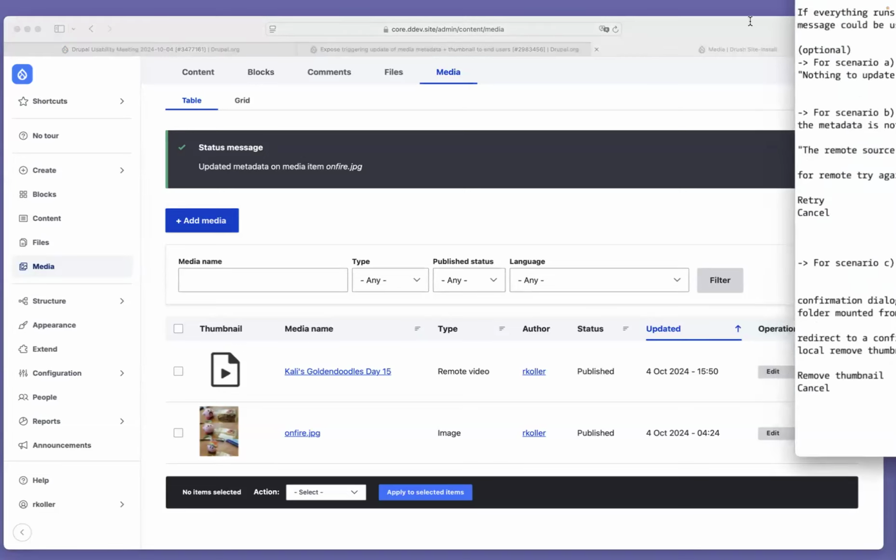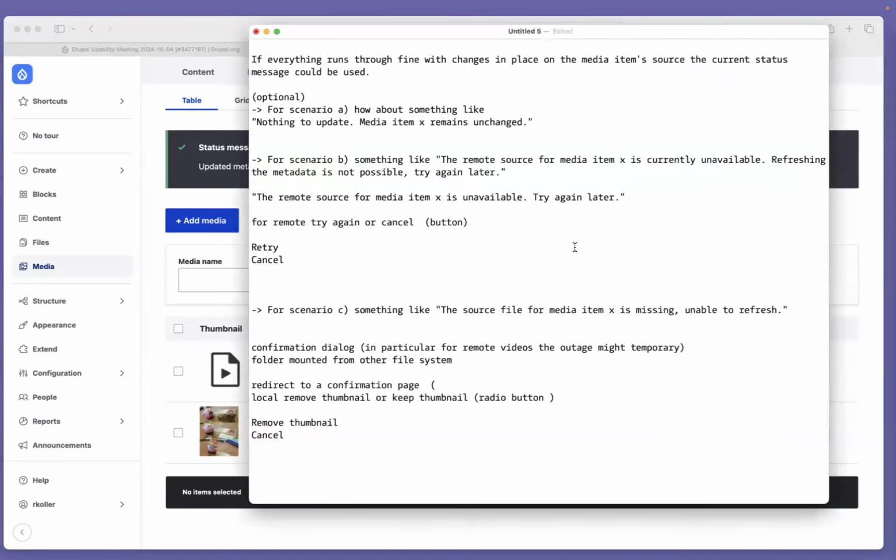I guess my first thought is that any time you have a confirmation form, there's a possibility that someone will accidentally press enter or have a stray mouse click and not be sure which option they chose. So I think it's always good to have a status message after the confirmation form.